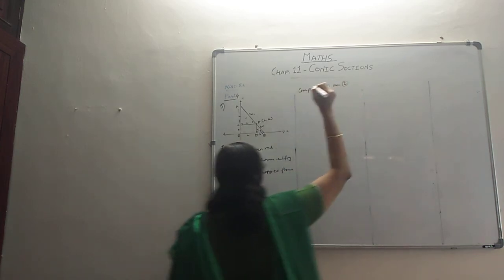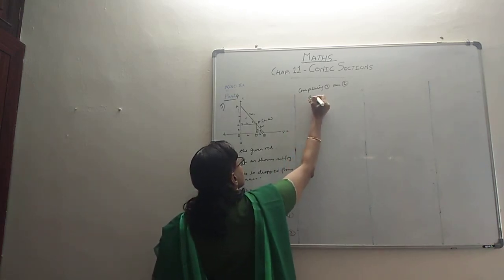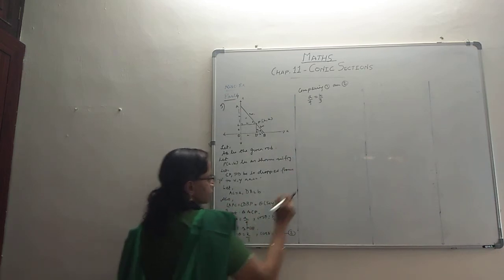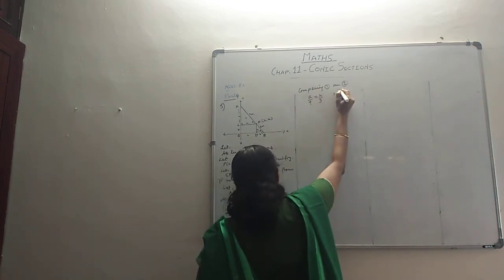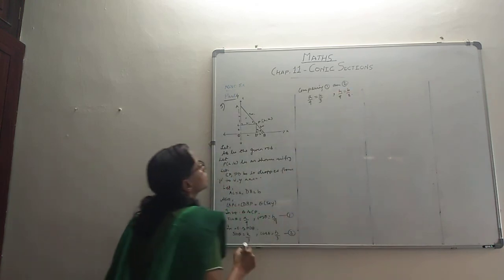Sin theta, cos theta, they will be the same in 1 and 2. Sin theta in both the cases, because the left hand side is same, you can compare the right hand sides. A by 9 equal to K by 3. Same way, cos theta's left hand side is same, so right hand side will be same, H by 9 equal to B by 3. That much we have.